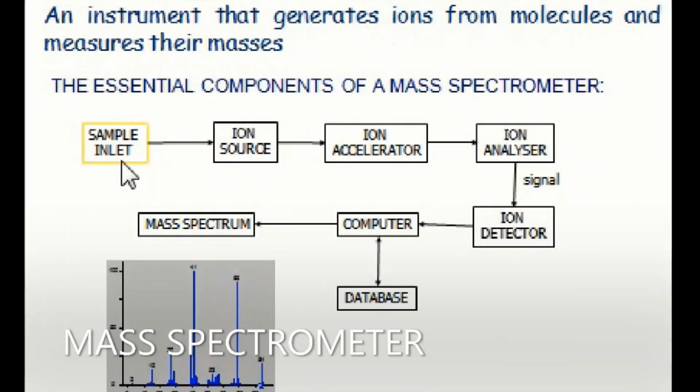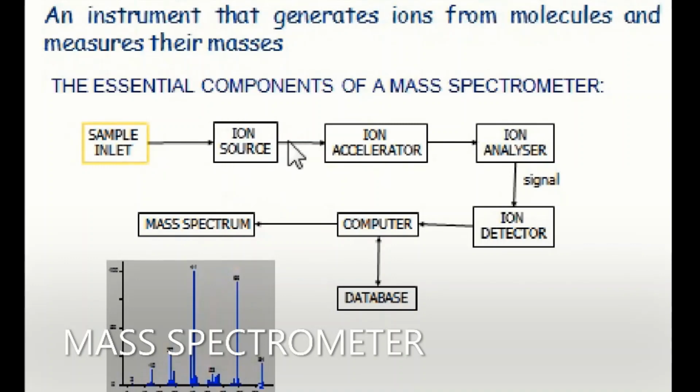Here you can see that initially a sample inlet system is there. The sample is introduced into the instrument through the sample inlet system. First of all, an inlet septum would be there, through which a very thin pipe-like structure is attached, called a molecular leak. This molecular leak has a very narrow diameter, through which the sample will pass to the ionization chamber. Now your sample could be in three phases: gas, solid or liquid. But the main prerequisite for ionization is that the sample should be in the gaseous phase.